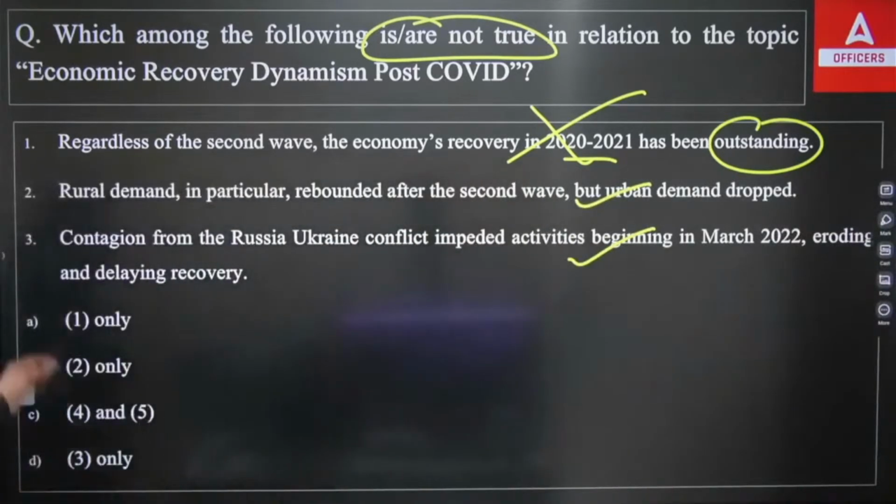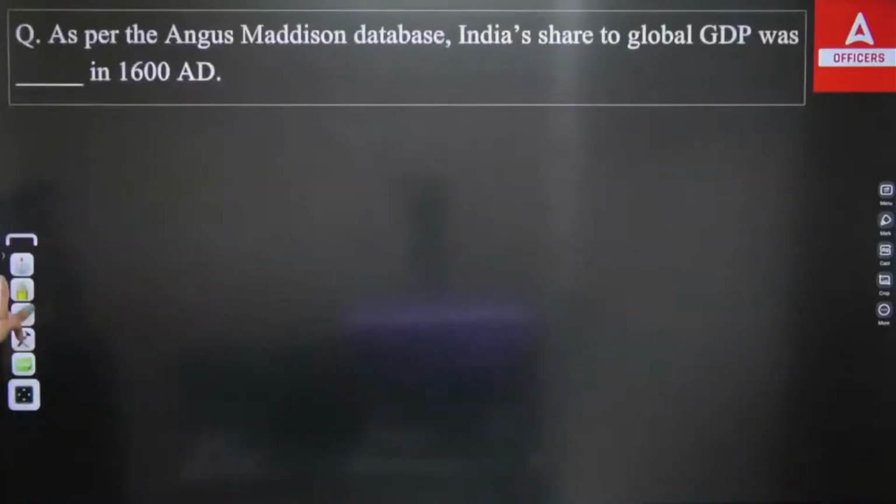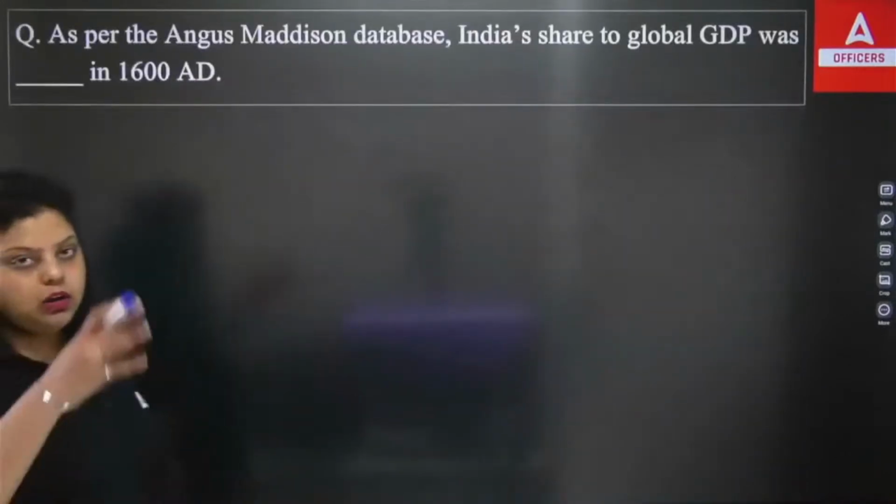So the right answer will be only the first, because the question is asking about the not true statement, and the first statement is not true. The second and third are true. So the right answer will be option A. Okay, so these kind of history type questions can be seen from the history part of your economy,